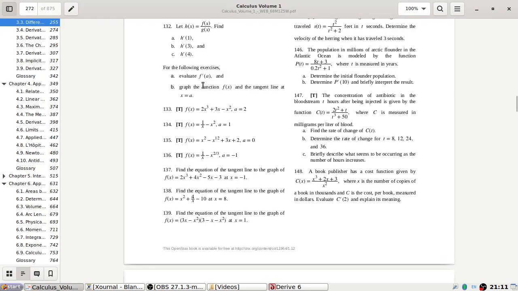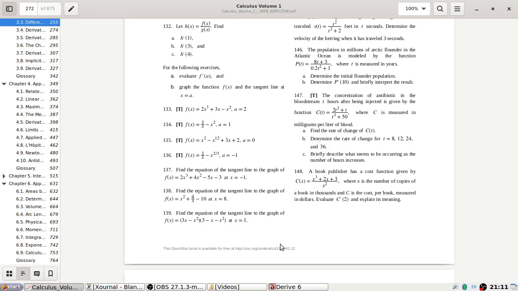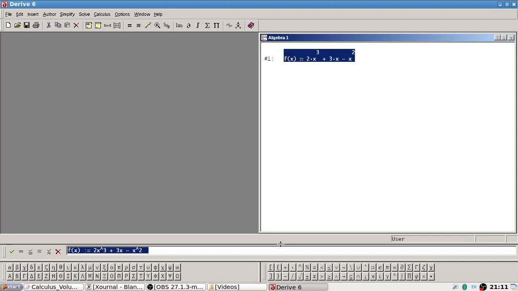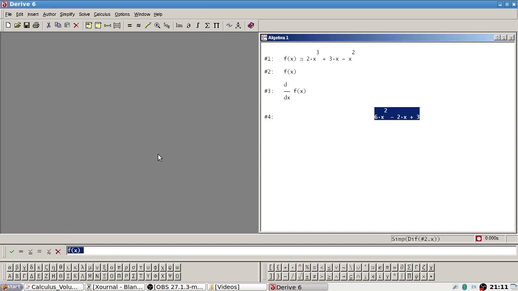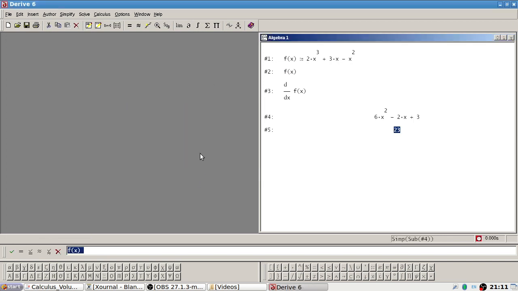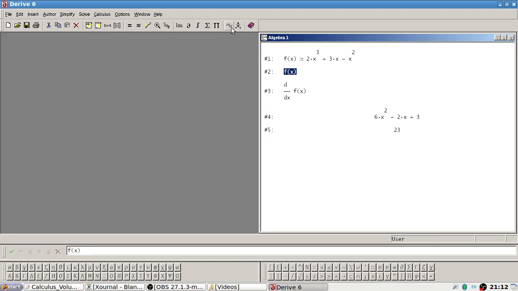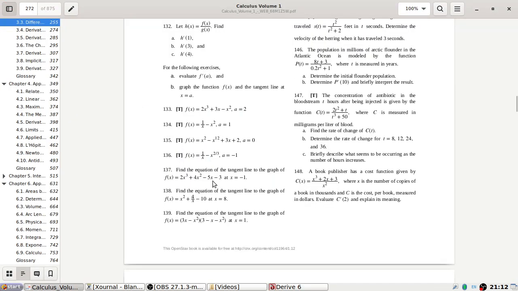Evaluate the derivative and graph the function and the tangent line. Okay, so our function is 2x cubed plus 3x minus x squared, and the derivative, and then sub in 2, and then we want to graph the function, and then